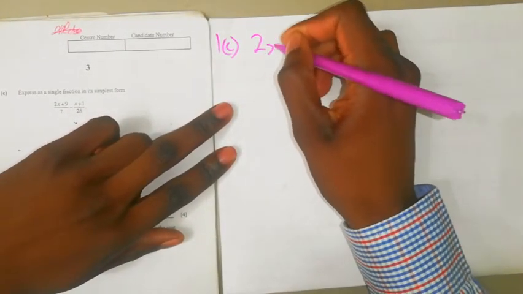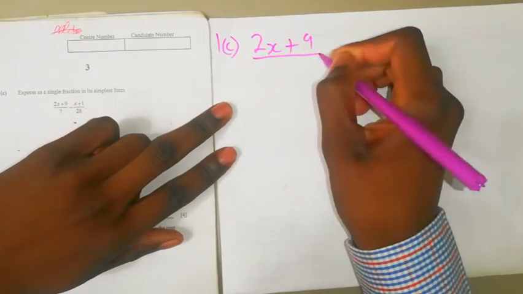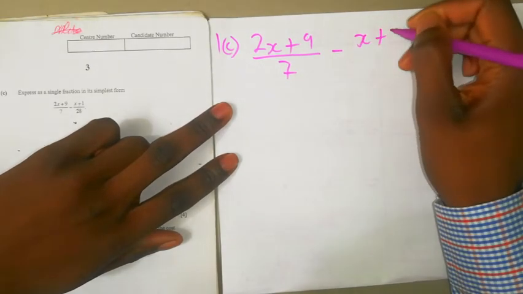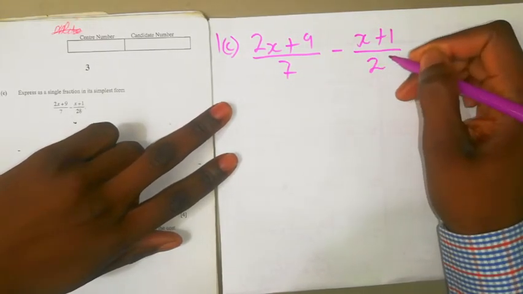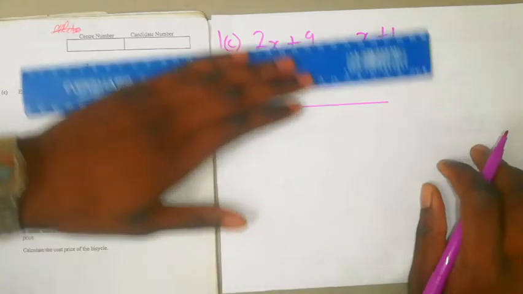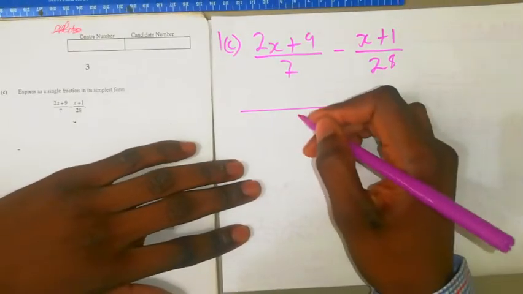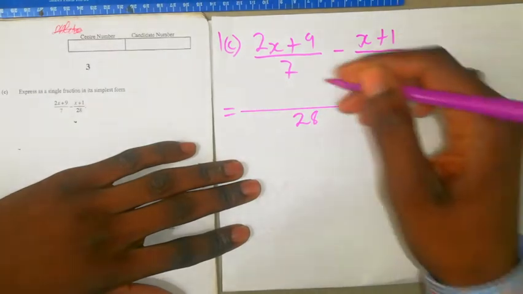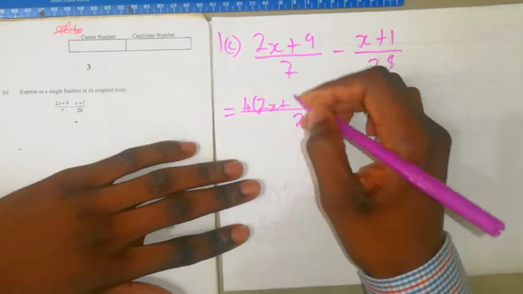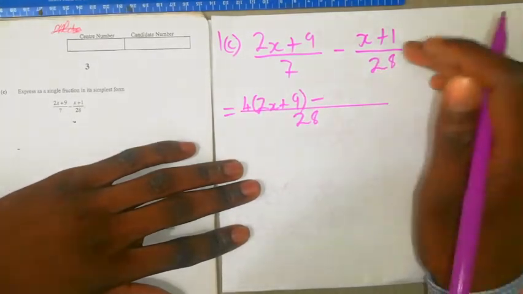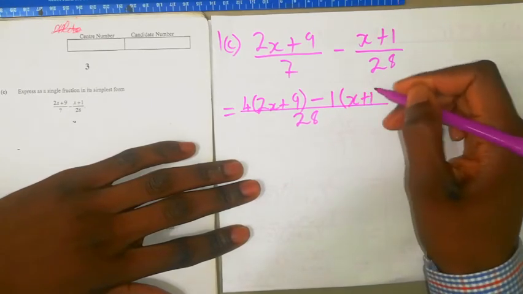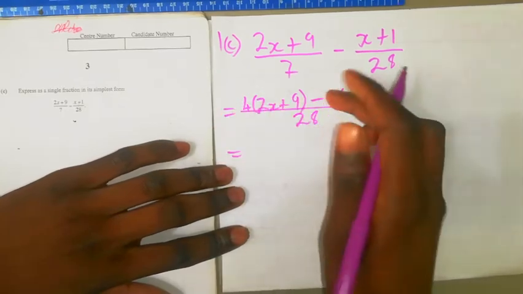The question says express 2x plus 9 over 7 minus x plus 1 over 28. Our first stage there, common denominator, because the question said express. 28, so 7 into 28 is 4. 4 times that one, 2x plus 9, then minus 28 into 28, that's 1, then times that one, x plus 1 close, equals to, I'm now expanding there,